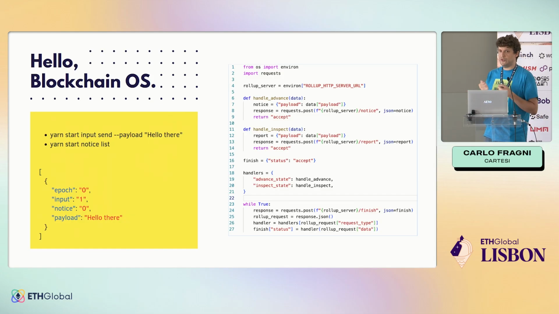And that's for you to differentiate when you have an input that came through the blockchain that should advance your application state, or if that's an ephemeral call, in which you just want to generate some state of the application, maybe for a front end to consume or something like this.